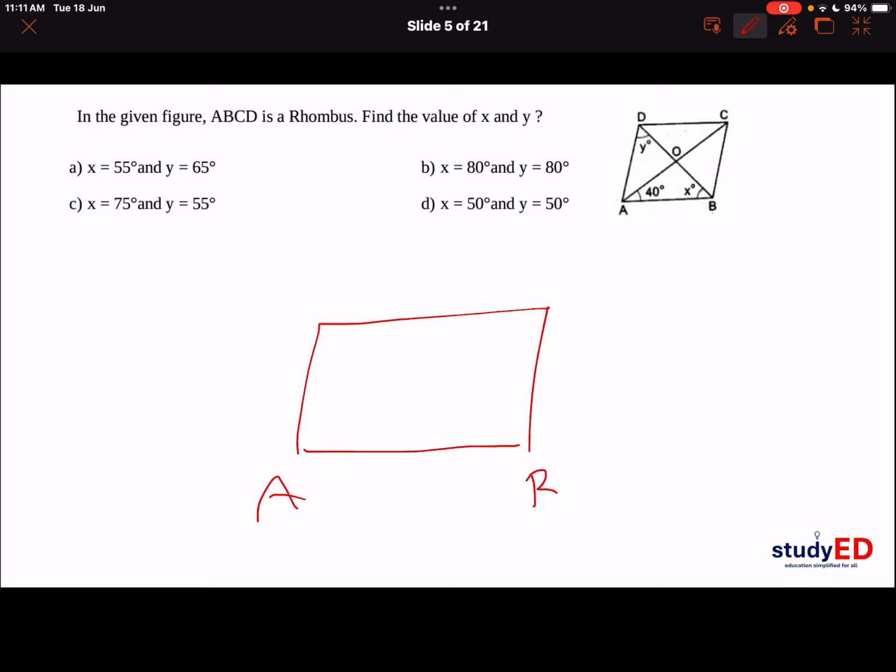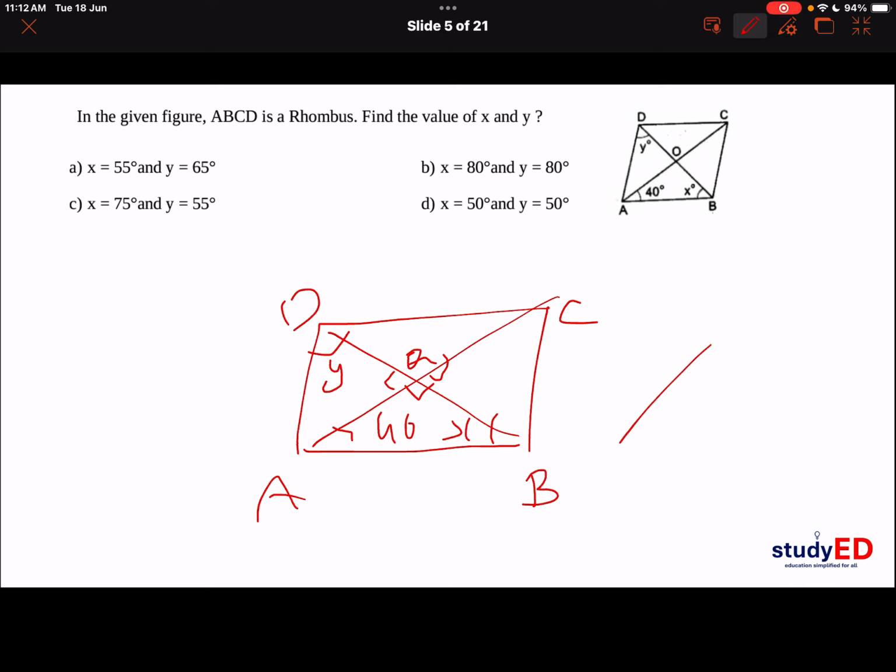A, B, C, D. This is O, 40, X, Y. Now, diagonals of a rhombus are perpendicular bisectors of each other. That is a property. So, this is 90, this is 90, this is 90, this is 90. Using this, we can directly take